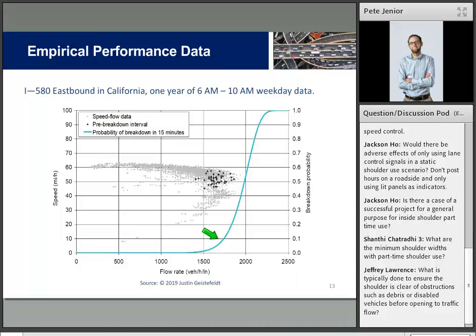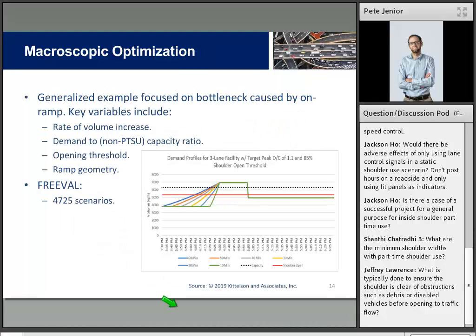And this graph here is using a statistical technique called the product limit method. This looks at the probability that 15 minutes after one of these points occurs, there is going to be a breakdown on the freeway, and you would want to begin an opening process for a shoulder. The point here is that with good field data, with good sensors, and a little bit of statistical work, you can predict what volume would have a 1%, 5%, 10%, or 20% probability that your traffic